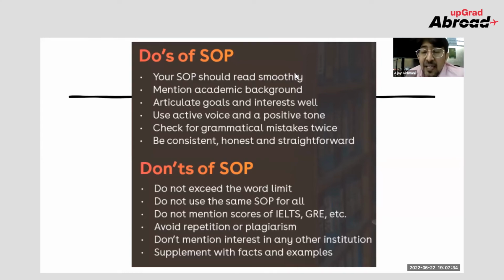If I have done mechanical engineering and now I would like to go for data analytics, it's not a big problem, because in mechanical engineering I have learned a concept called statistics, right? I have a computational background, so in that case it is acceptable. But if someone has done BCom and now wants to go for an MSc in computer science or some data science course, then it becomes difficult, right? So that needs to be justified.